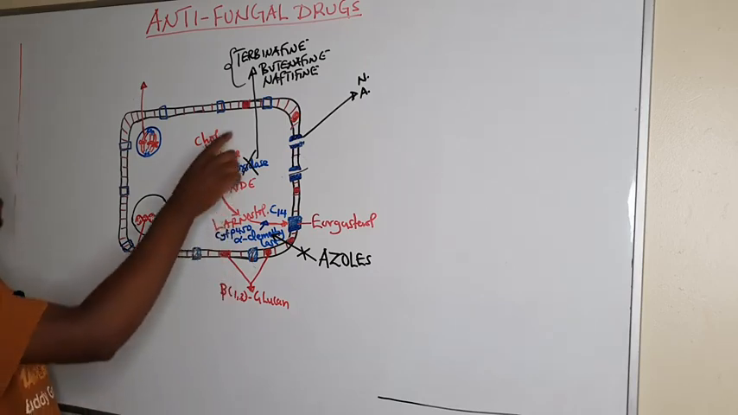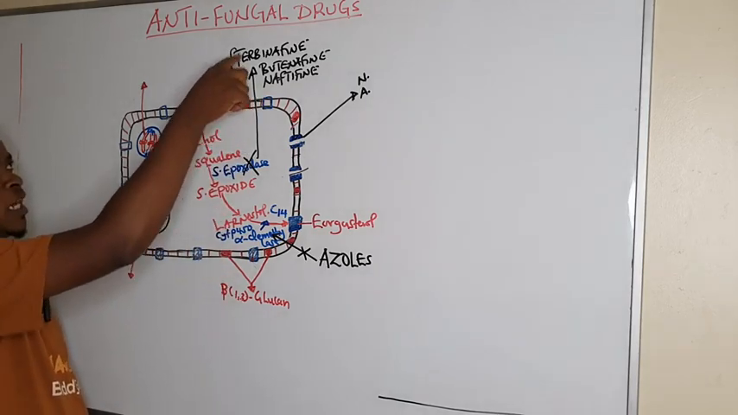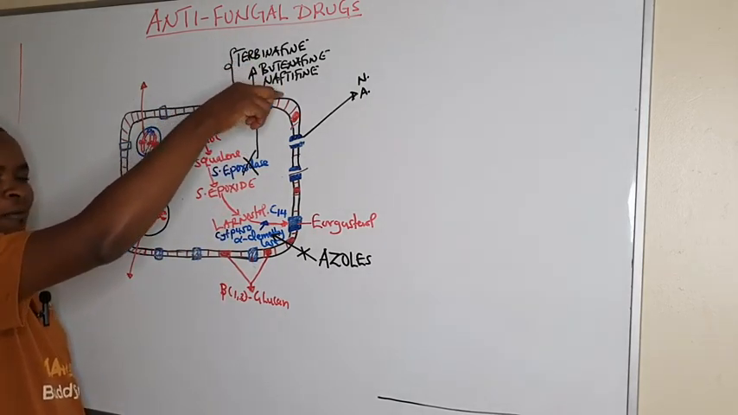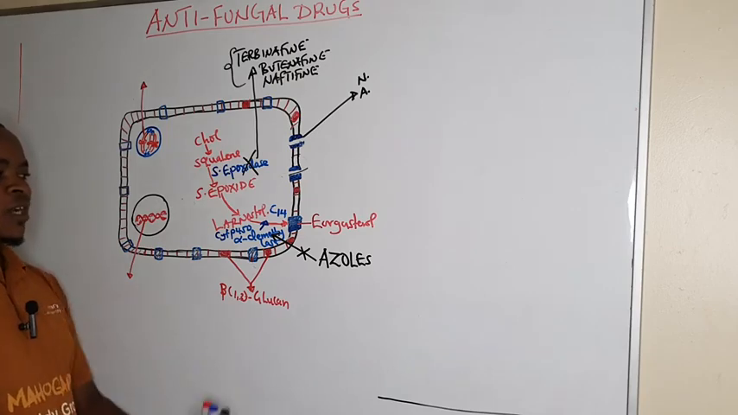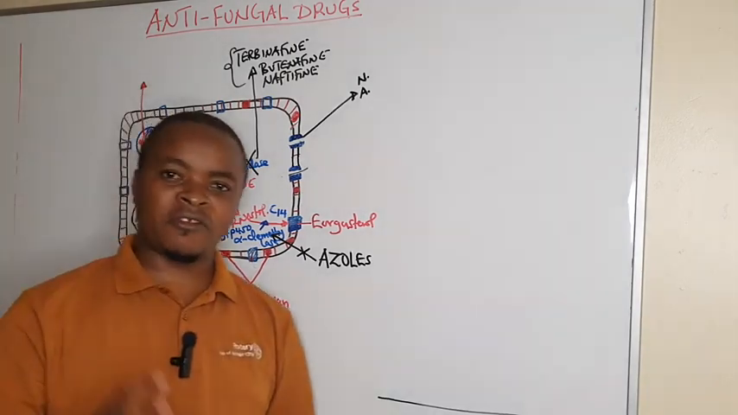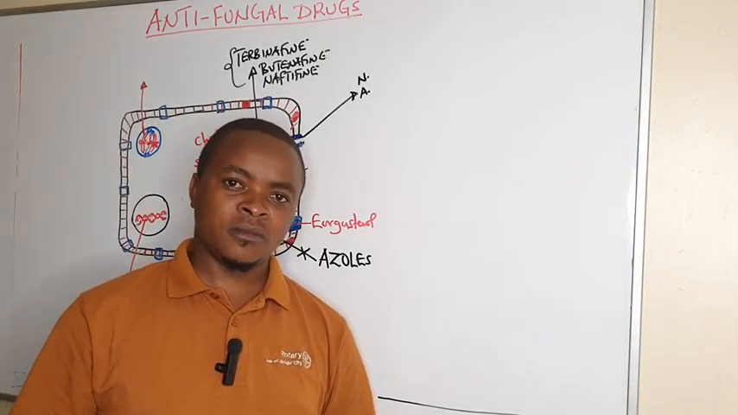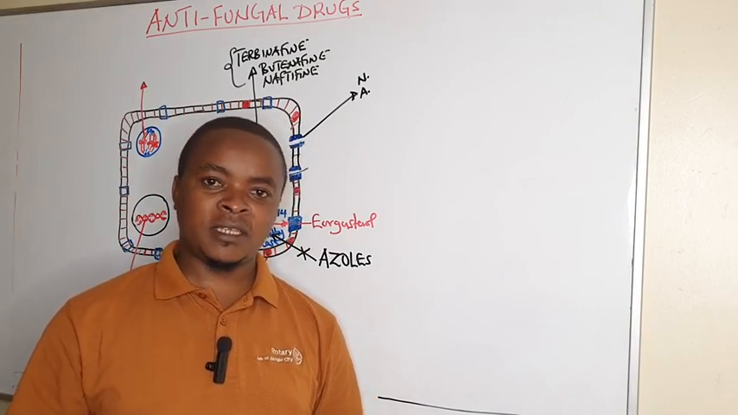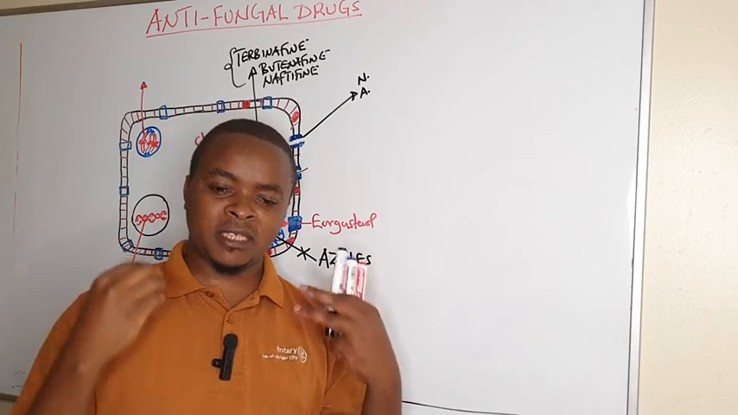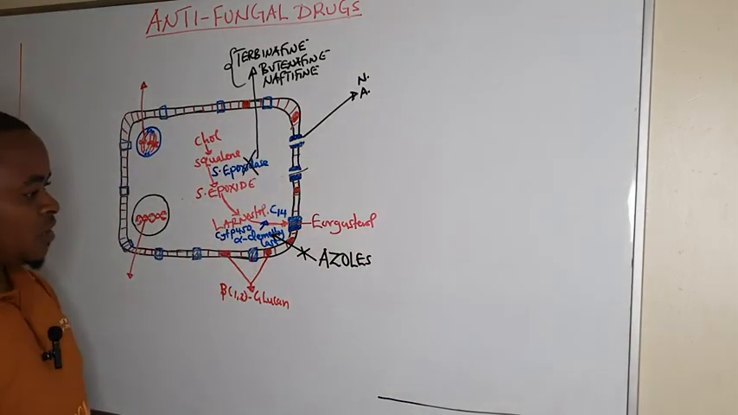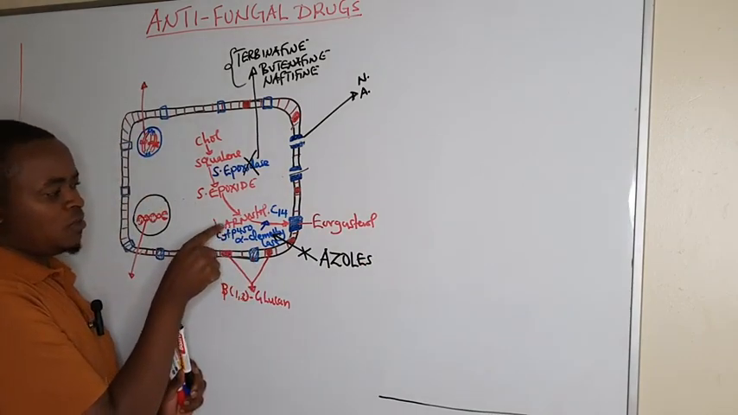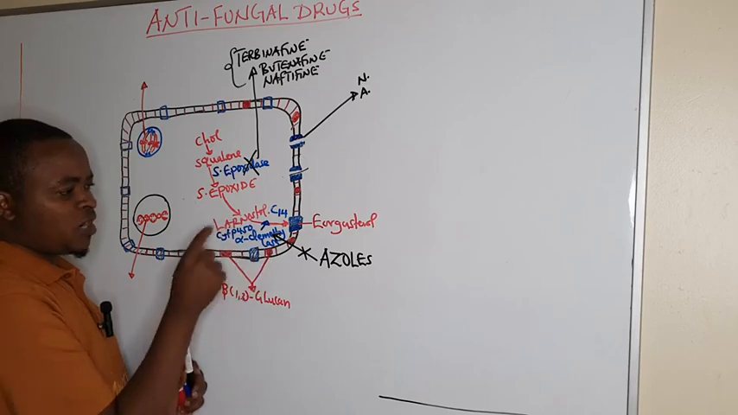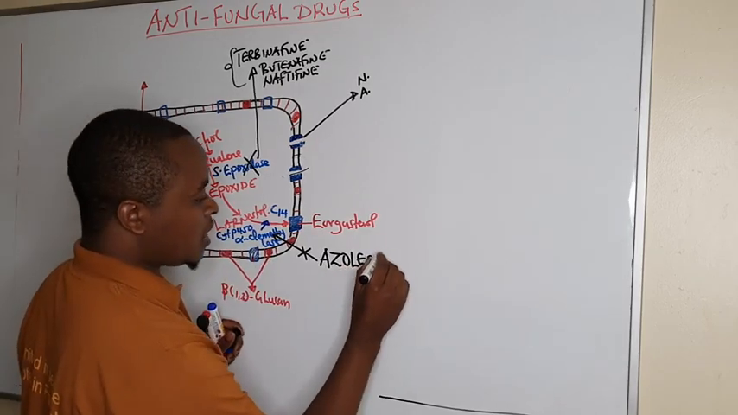So meaning terbinafine, these alkylamines, the terbinafine, butenafine, naftifine, together with the azoles are both fungicidal. They both kill the fungus by interrupting the integrity of the cell. And these azoles, which are inhibiting formation of ergosterol from lanosterol, are categorized into